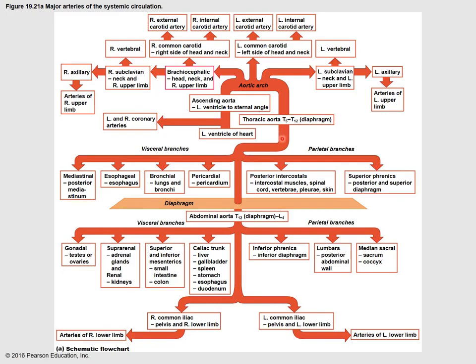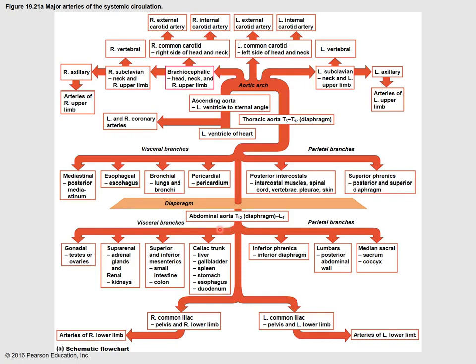As the aortic arch then almost looks like it does a U-turn, so it comes up from the left ventricle, you have the arch, and then it extends down the back side of the heart and travels down. And then you have additional branches off of the thoracic aorta. That's what we call it, as it's passing through the thoracic cavity area. And so you have parietal branches, you have the visceral branches, as it is serving things such as the esophagus, bronchial arteries servicing the lungs, the posterior intercostals, the superior phrenics,